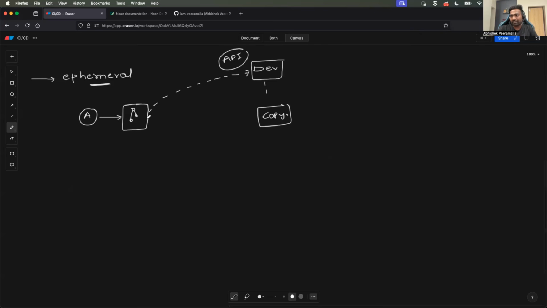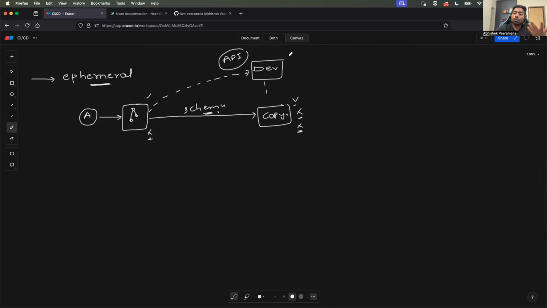Now this pull request, let's say there are multiple stages or multiple jobs in the pull request. All of them are executed against this copy. It can be updation of schema. So it is verified, and if the pull request is successful, the copy of the database is deleted. Even if the pull request fails and someone closes the pull request, still the copy of the database is